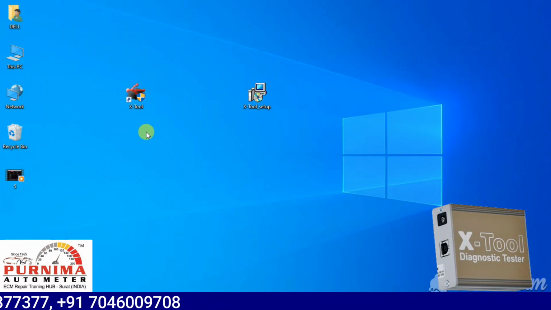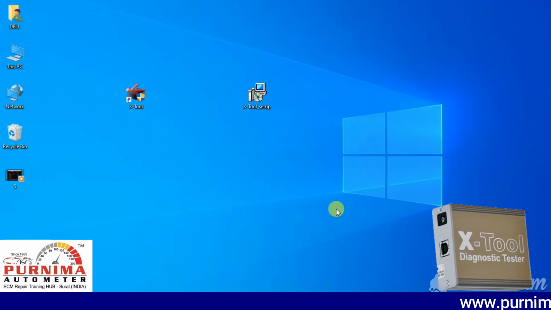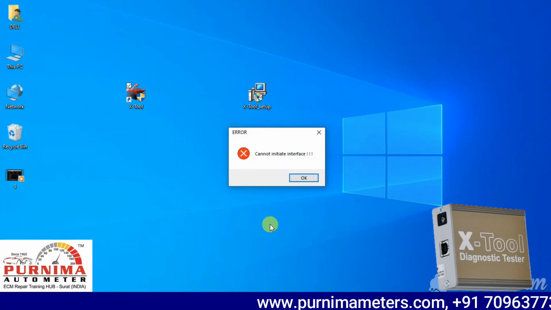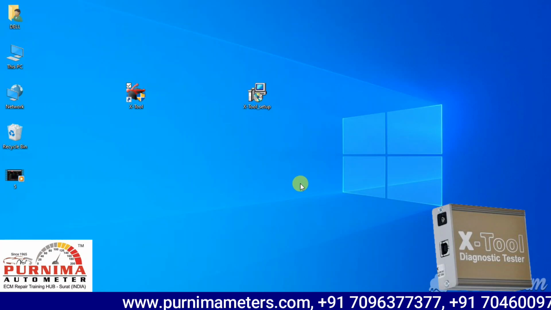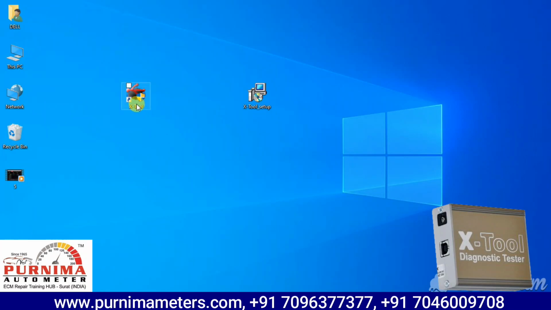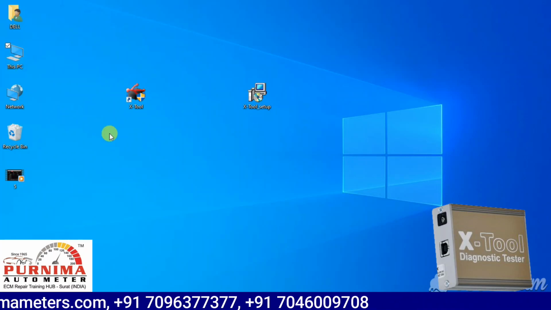So this icon, so first you have to connect all the device hardware and dongle USB, already connected. This setup had no error, so no problems. Just click on it, the X tool. Okay, cannot interface. It means something is wrong inside the USB driver. Okay, let me check. If you are getting such kind of problem, first we will open